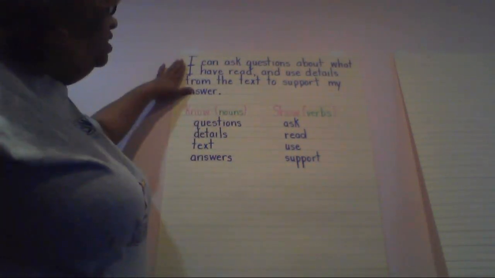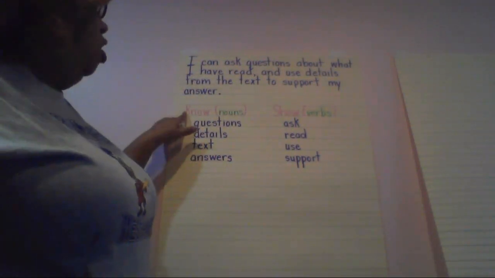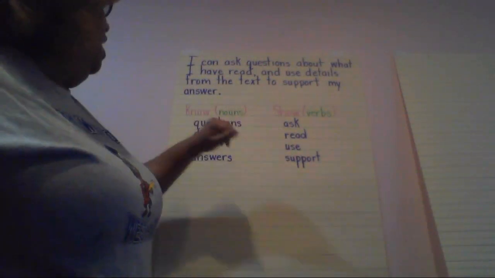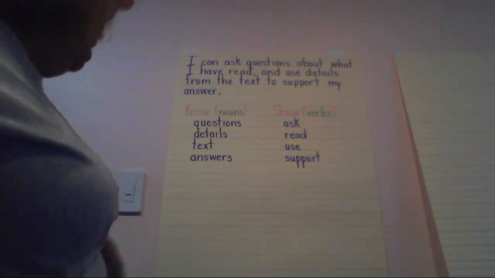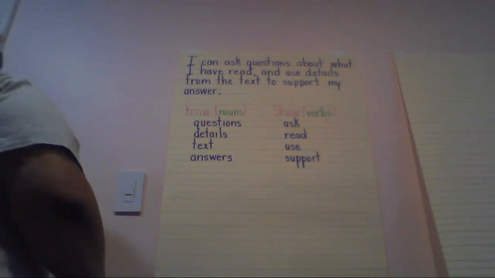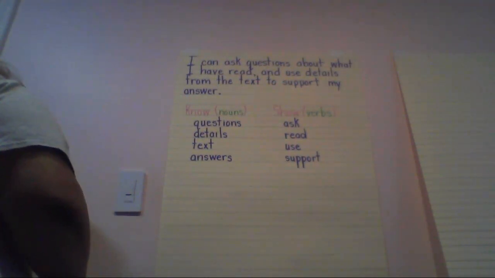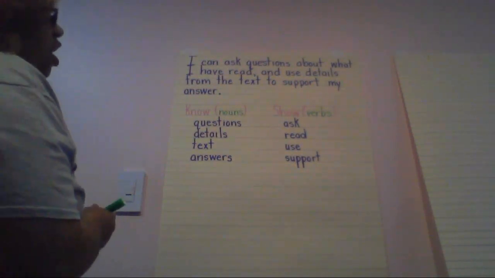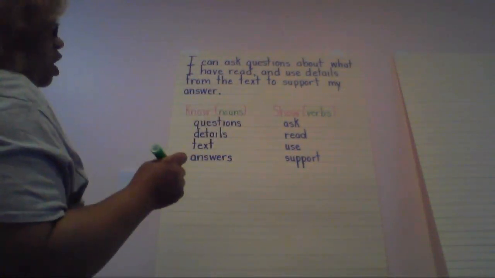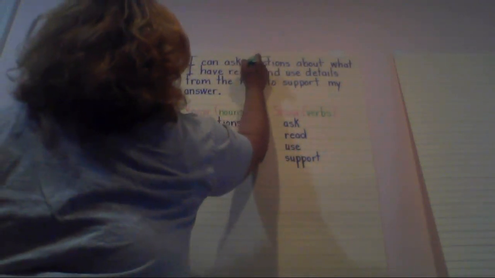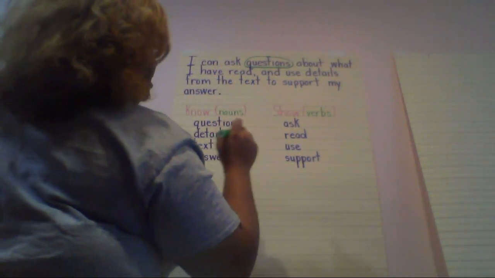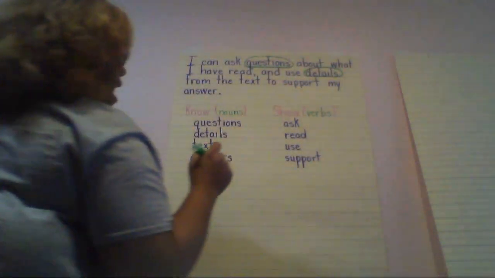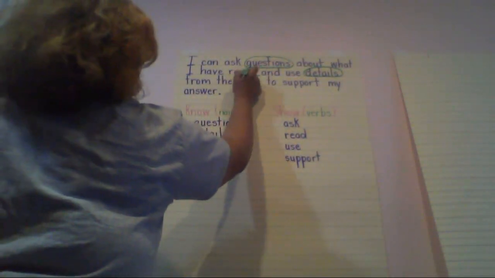When we read our I can statement, it's always important to focus on our know and our show. Now, in our know, we know that those are the nouns that can be found in our I can statement. So I am going to circle all of the knows. These are the things that I need to know. First of all, I need to know what a question is. I also need to know what details are. I also need to know what a text is